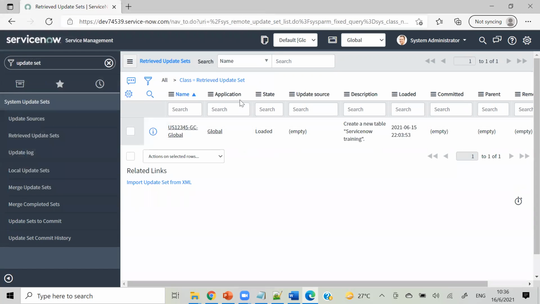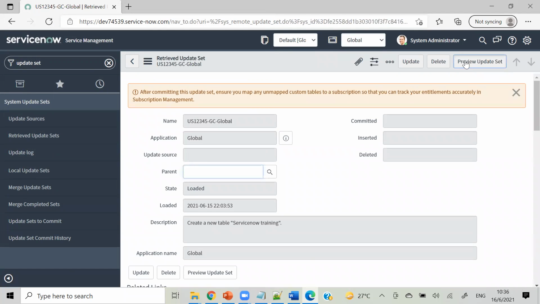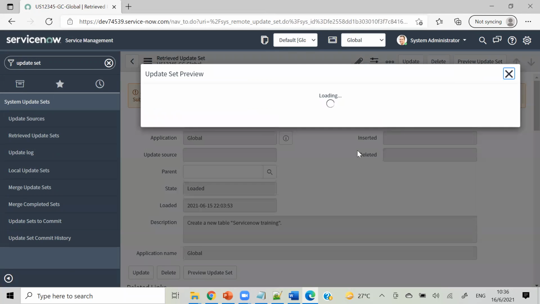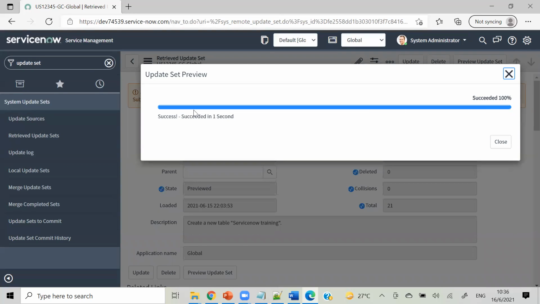Okay. So here you can see that got uploaded, and here the state is loaded because I have not done anything. I have just uploaded that. So I have to open that, and here on the top you will have this option, preview update set. So I am clicking on this. What is the purpose of preview update set? Actually, it will check if it has any errors and if that is compatible with your test instance.